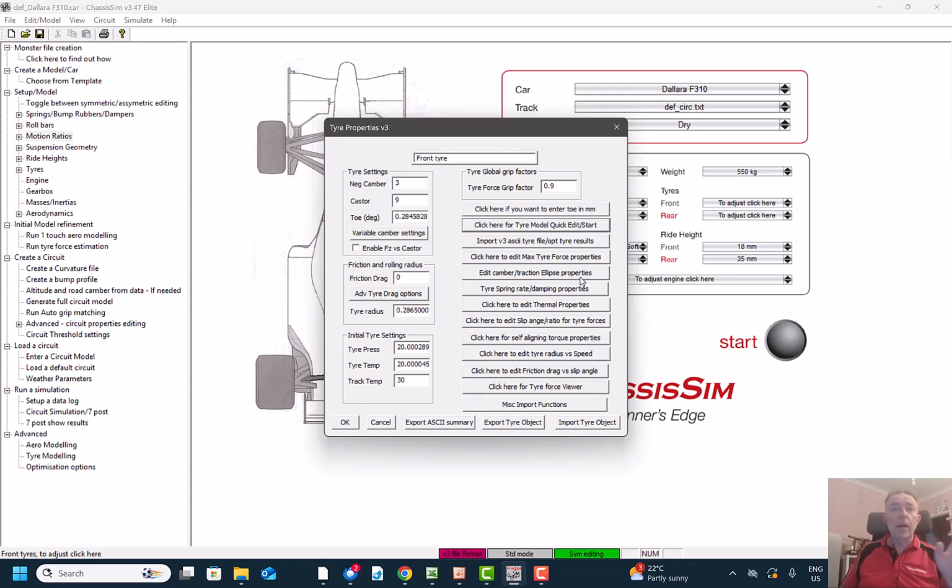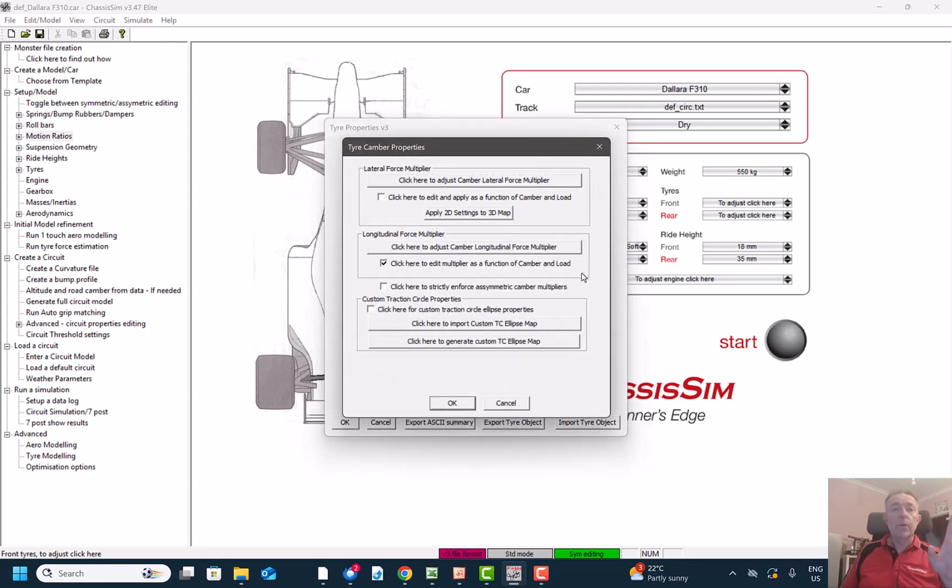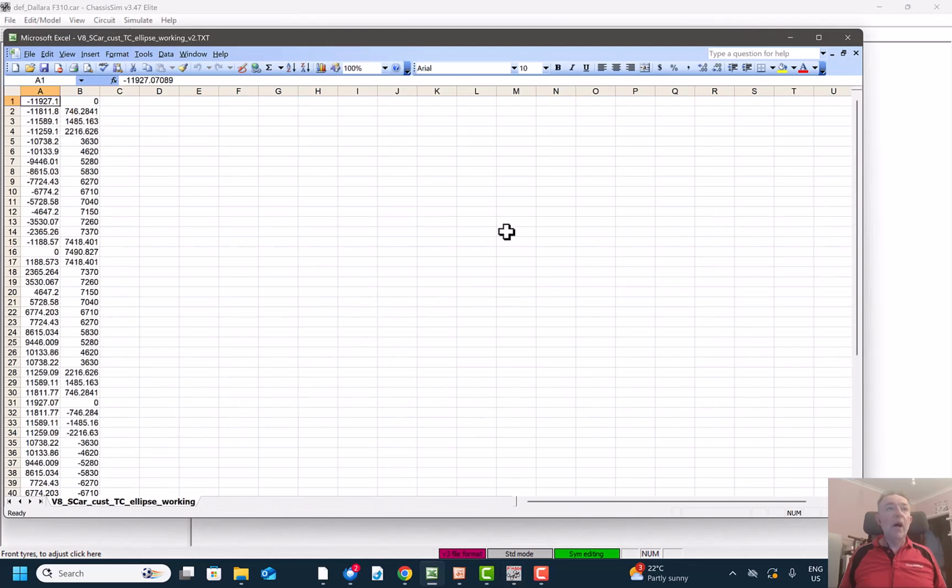So if you go back into edit the camber traction ellipse properties, you'll see here, click here to apply a custom traction circle ellipse property. So what I do here is I give you the option to say, hey, you know what? You can make this traction circle ellipse be anything that you'd want it to be. So in order to do that, what you need to do is generate a file